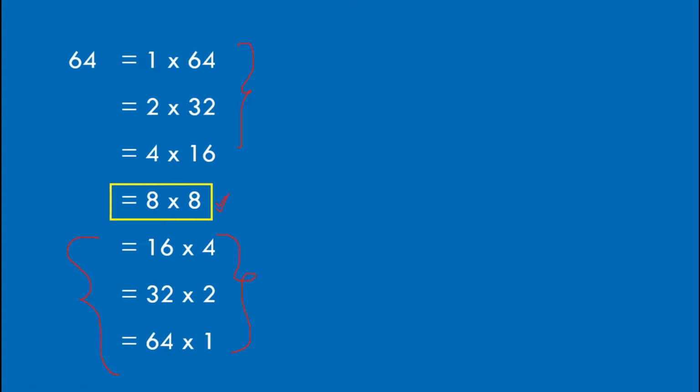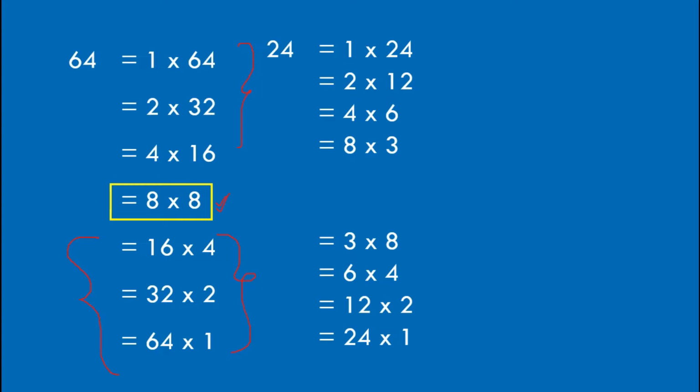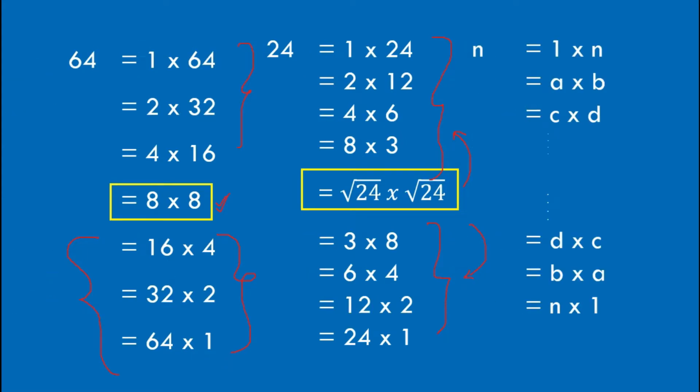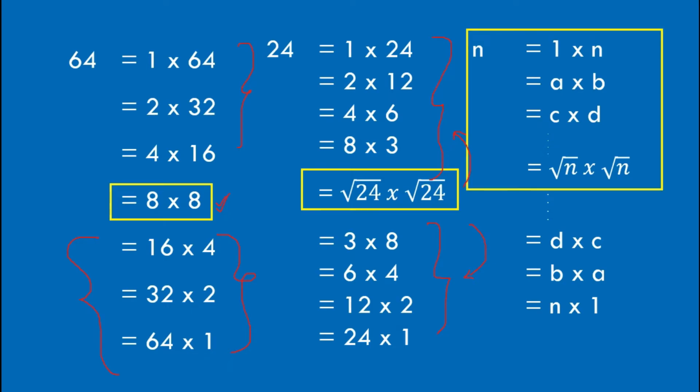Then what about non-square numbers? Look at these numbers. All these factors are again repetitive, and I am taking a margin line at the square root, 24 into square root 24. All the factors above and below are again the same, such that for n, I am taking divisors up to square root n into square root n. These are the numbers we have to check. We don't have to go for the remaining numbers. Why? Because the below pattern already occurs in the factors up to square root n into square root n.